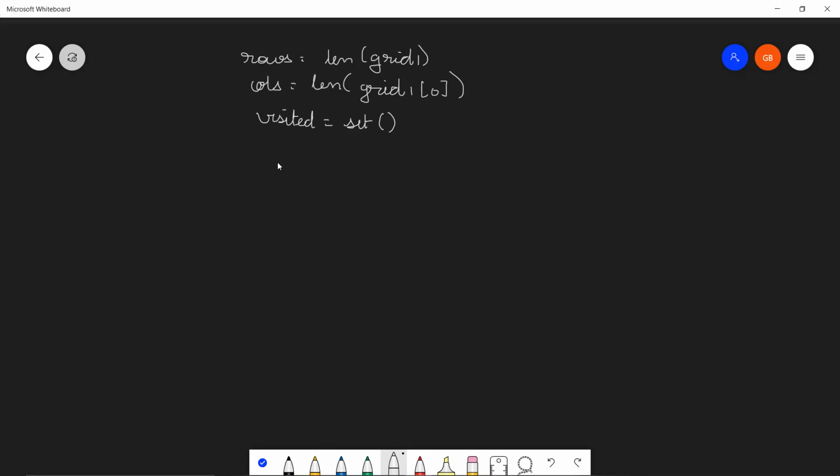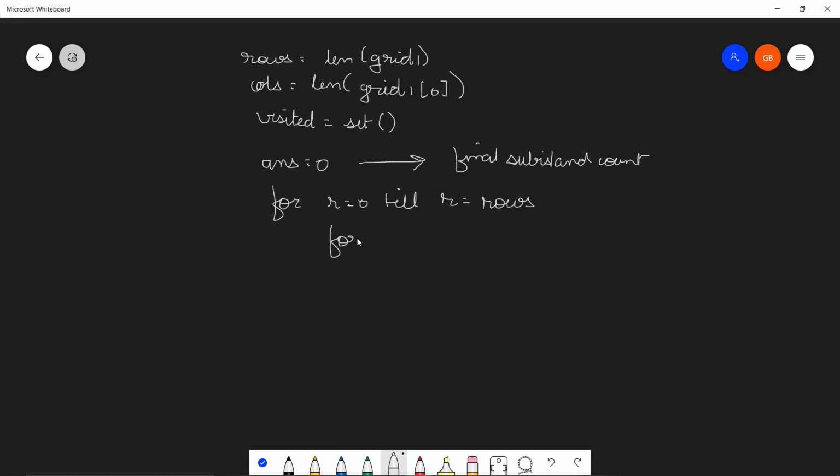We need a helper function here with us. So I'll write that later. Let's just see what happens when the helper function is working. So let's maintain an answer variable, initialize it with 0. This answer variable is going to store my final sub island count, right? Now for r equal to 0 till r equal to number of rows, right?